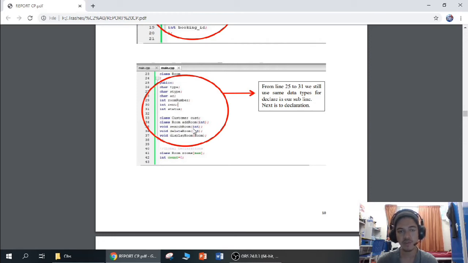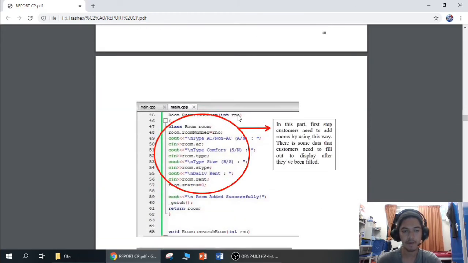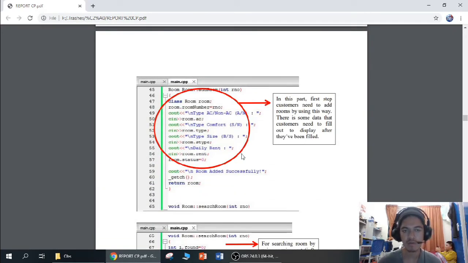This will be search room, delete room, and display room. We use this on the other subline, which will be interpreted into other lines. For the first function, which is add room, it contains